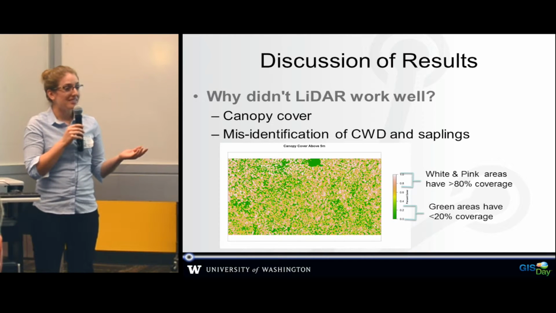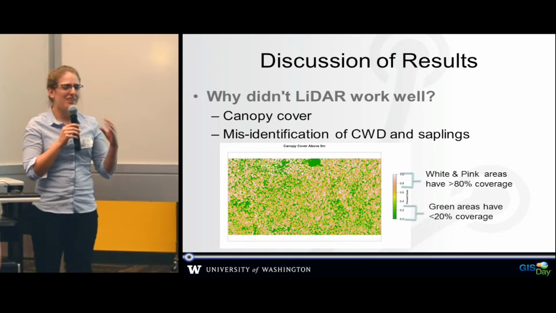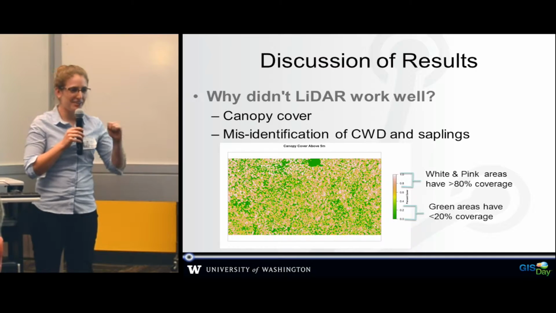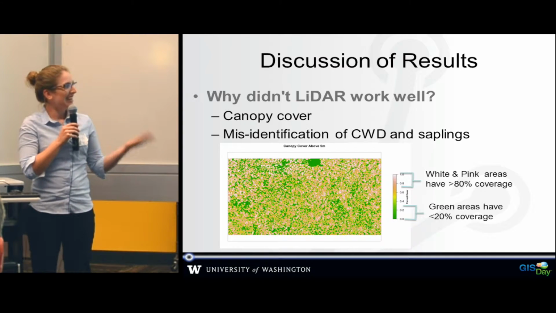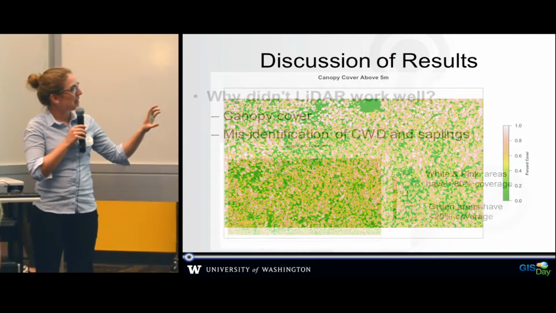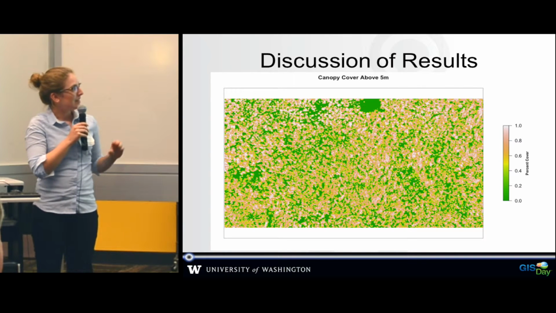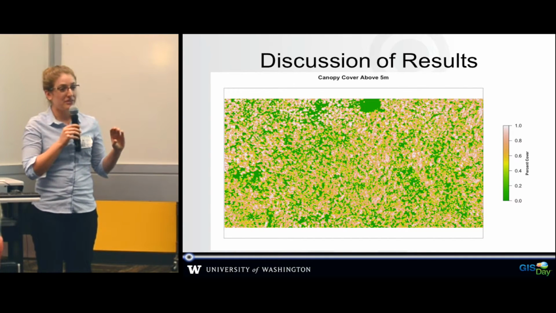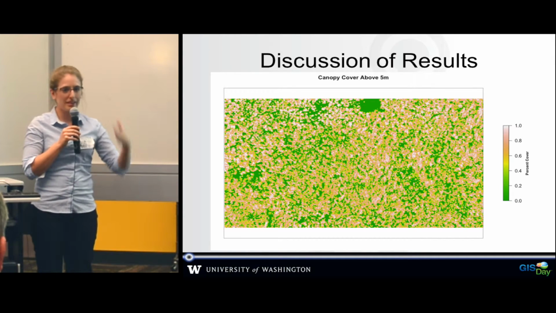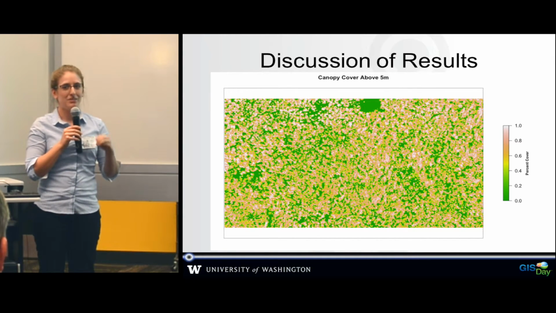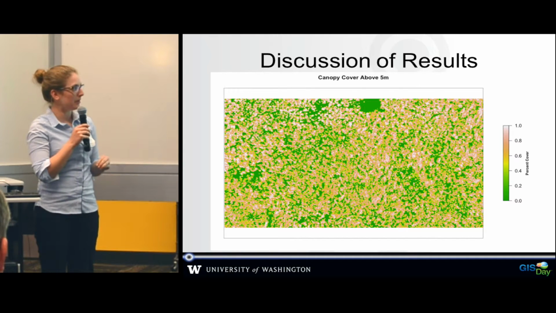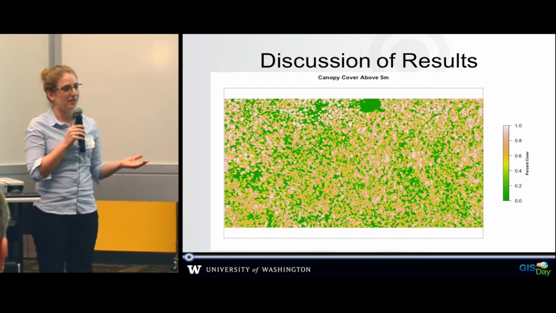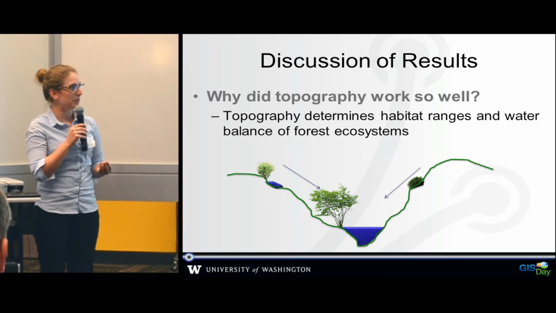So some of the other reasons that we think the LiDAR isn't working well is that there's tons of trees in the way. Darn those trees. And so we can see here in the little map, and let's blow it up here for you, where there's pink and white, that's where there's between 80 and 100% canopy cover. So the LiDAR, that laser just isn't getting through the canopy, so it really just can't see those shrubs down below. And then where there's green is where there's open areas, so that's where it's going to be a lot easier for there to be predictions.